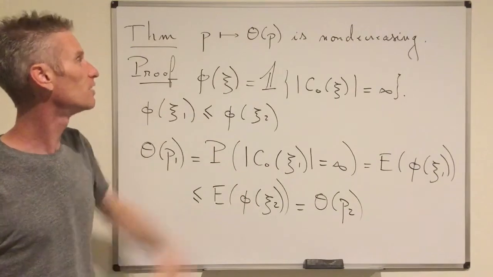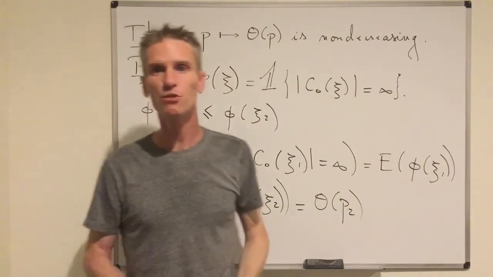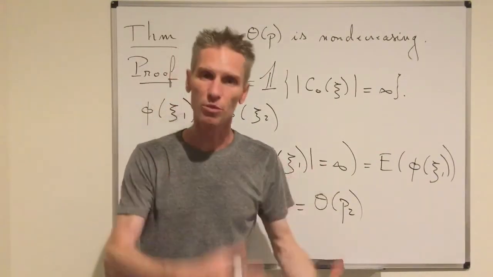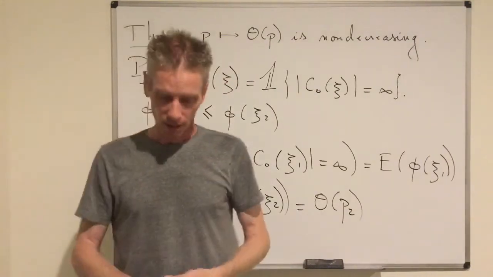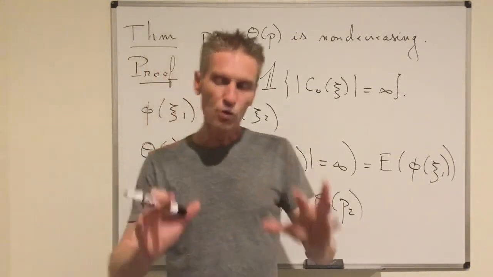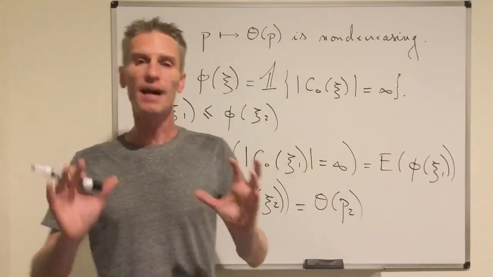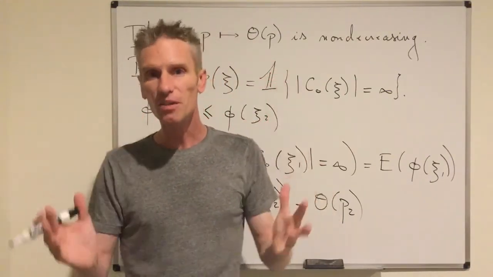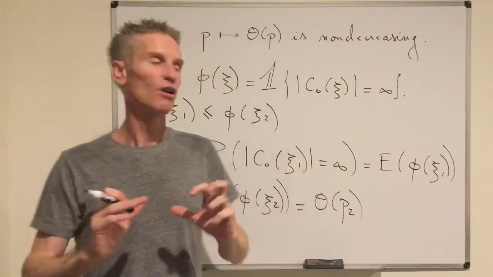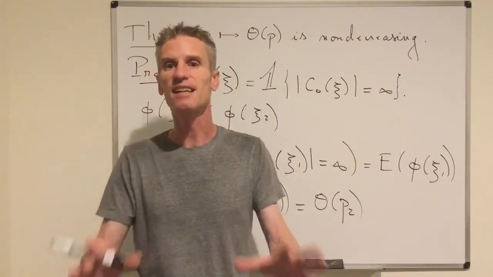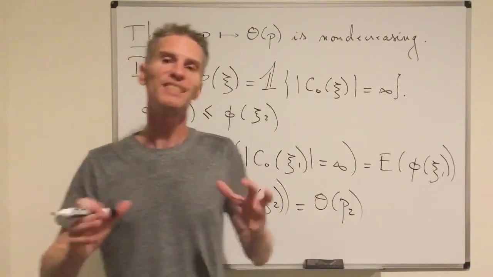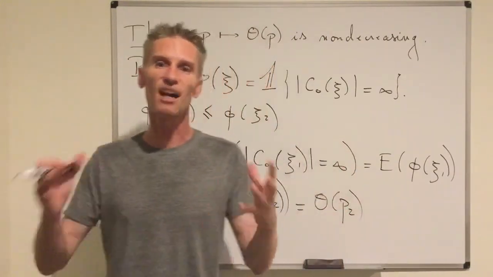of percolation should be non-decreasing with respect to P. The way you can prove that rigorously is by using this coupling argument. And again, the idea is to compare two objects by defining a coupling of them, meaning by defining a pair such that each of the marginals are exactly the object you want to study, but in such a way that the two processes are not independent.